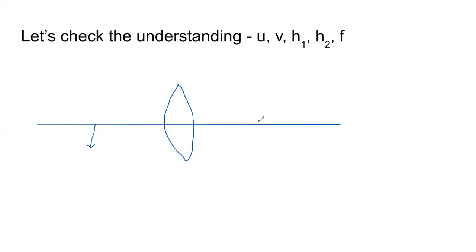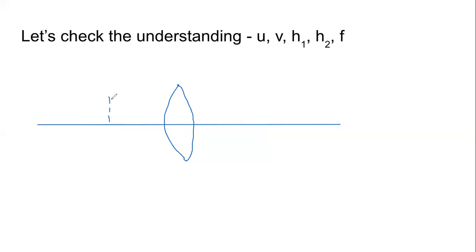What if my object is like this on the right hand side? Is the h1 positive or negative? Positive. No, it is not. H1 is the height. Height is measured up and down. Are we going down or are we going up? Negative. Yes, because we are going down. Be careful. U and V will be measured with respect to the x-axis. H1 and H2 will be measured with respect to the y-axis. So please be careful. Okay.